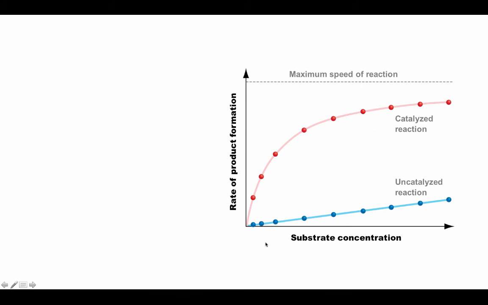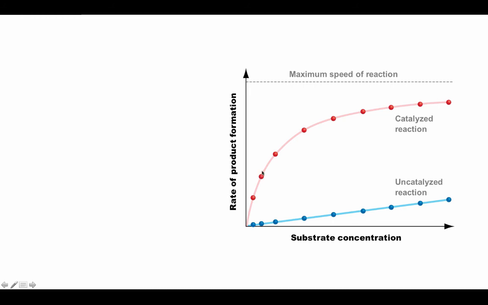So what you're seeing here is a graph of substrate concentration. As substrate concentration increases, how does that affect the rate of product formation? If you have an uncatalyzed reaction, remember it's likely going to be very, very much slower, but you're going to have a linear increase. The rate of reaction is going to depend only on how many reactants there are available to undergo that reaction. In the case of a catalyzed reaction, you're going to have a very steep increase in